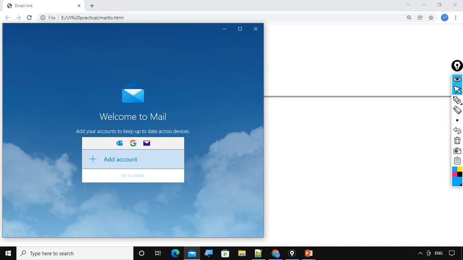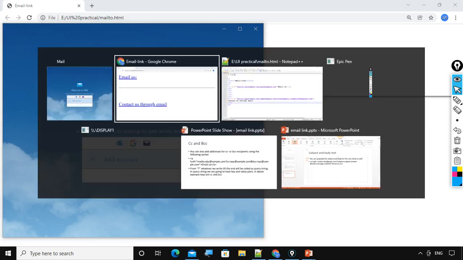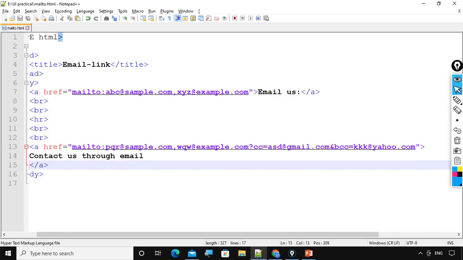But if you have configured Outlook in your system, then definitely in Outlook you will get the email recipients, carbon copy recipient, and blind carbon copy recipient by default. You need not write all those things manually because in the code we have already done that work.